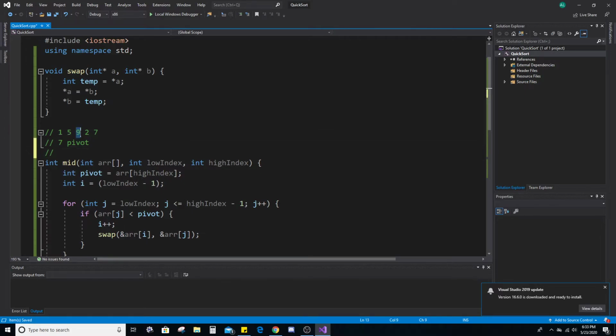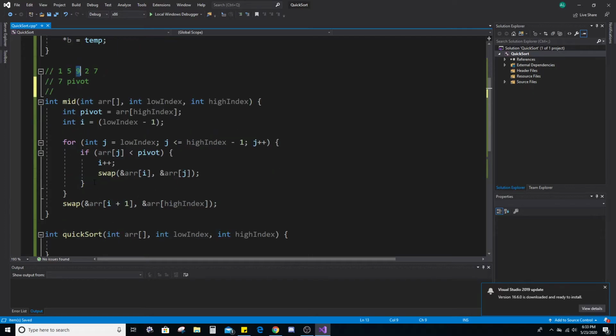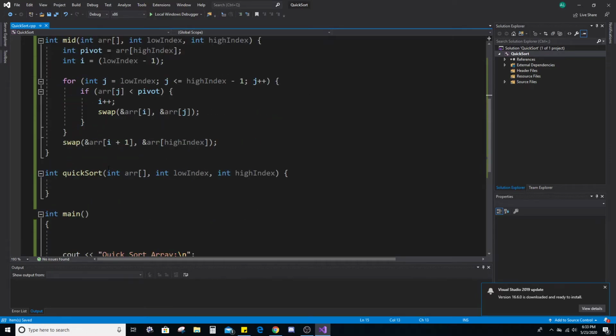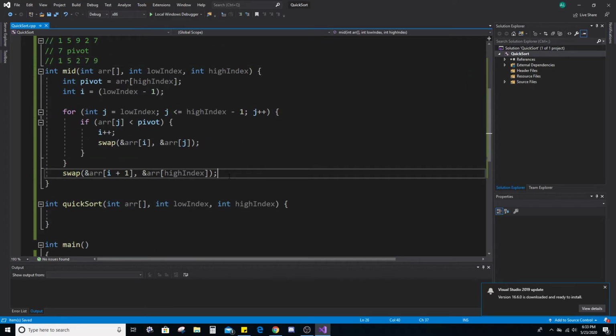Up to 9, where it gets out of the if statement because it's false, it doesn't even check it. So then at the very end, it swaps 9 with 7, creating 1, 5, 2, 7, 9. And then we just return